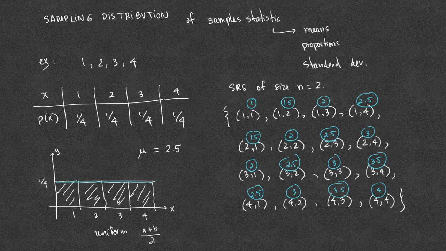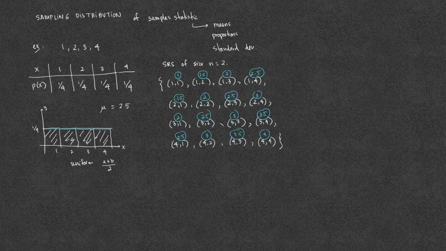We now have 16 numbers in front of us. We're going to examine the distribution of these 16 numbers, which is the distribution of the sample means. One way to examine the distribution of these 16 numbers is using the dot plot. The first sample has a mean of 1. The second sample has a mean of 1.5, then 2, 2.5, and then